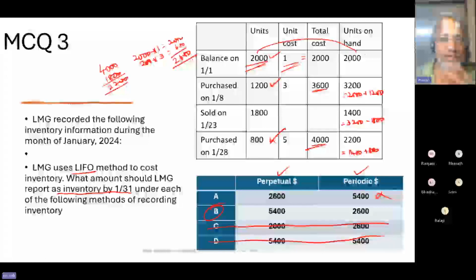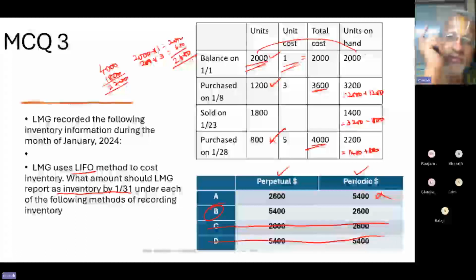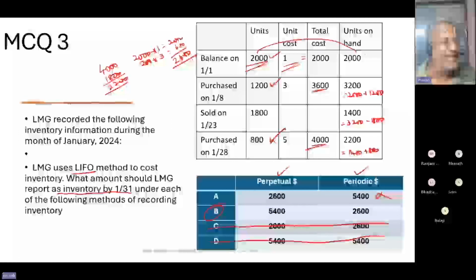That's it. Tomorrow we are going to take up PPE. What all we will be having in PPE, I will tell you. It is one, cost; two, depreciation; three, exchange transaction; four, impairment. So maybe tomorrow instead of 1.5 hours, it is going to be 2 hours. So don't miss the class, and by doing that you can pack that particular topic.